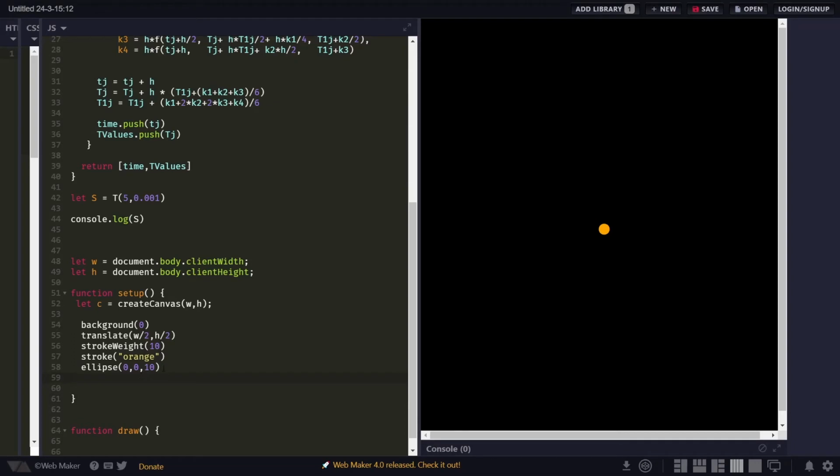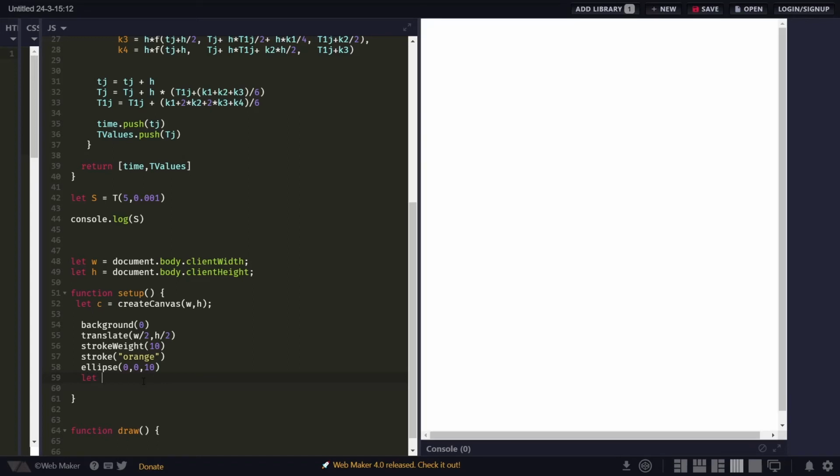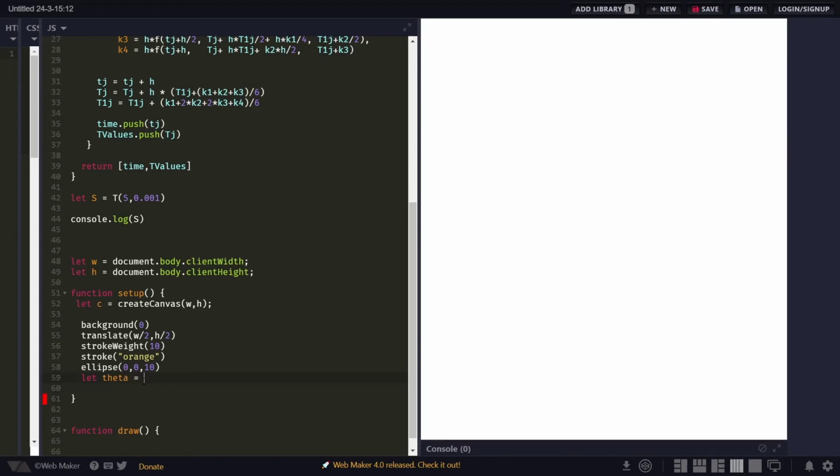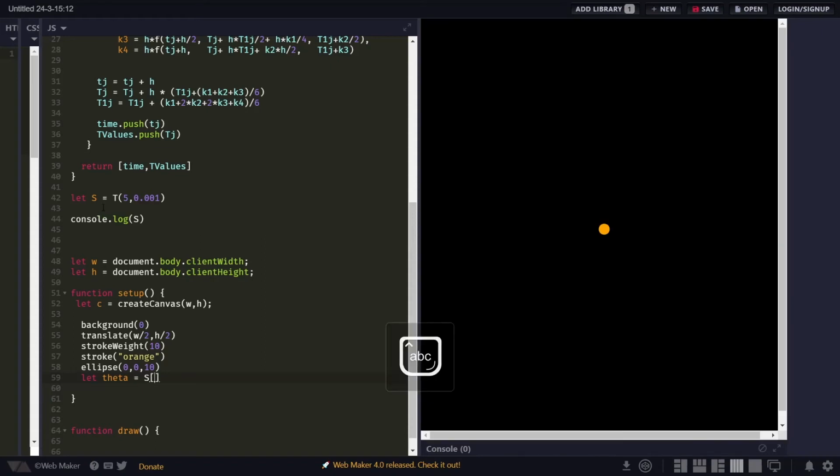So we want a line from this origin all the way to the tip of the vector. Initially, first we extract the theta at t is equal to 0. So a solution was this s, which was a list, and the t values is at the second position. We extract out the first theta,